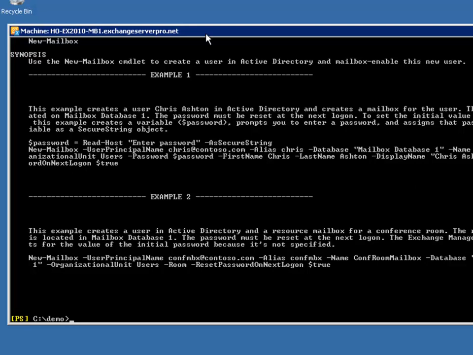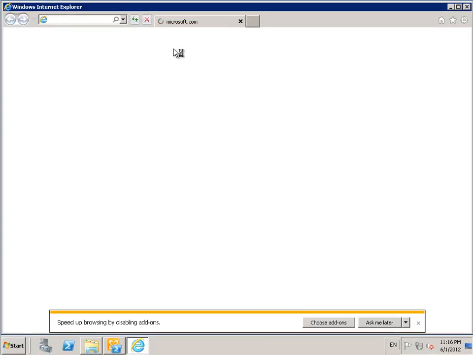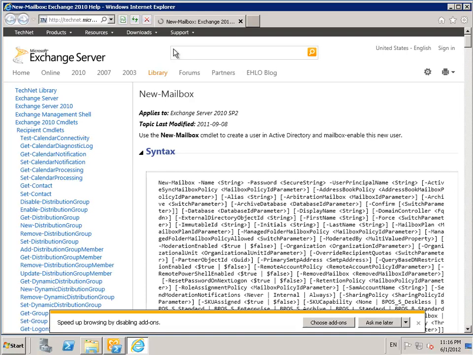Now, some people don't like reading their help information here in the shell. They prefer to read it somewhere that's a little easier on the eye. So what we can do, fortunately, is launch the online help from PowerShell. So we use get-help and then the commandlet new-mailbox and add the online parameter, and that will launch Internet Explorer for us and take us directly to the TechNet page that contains that help